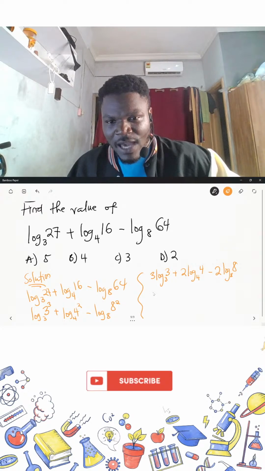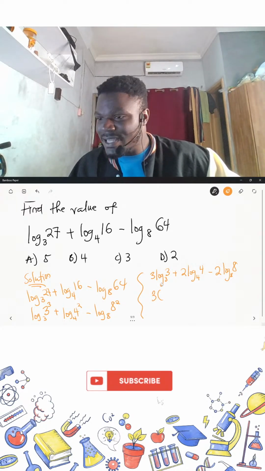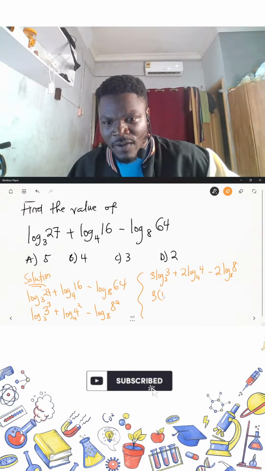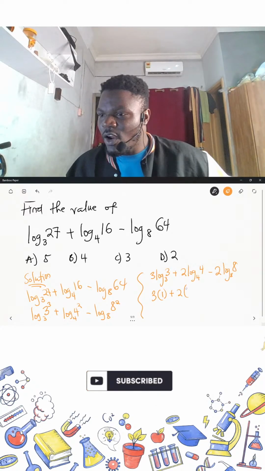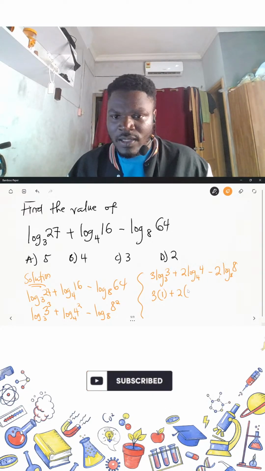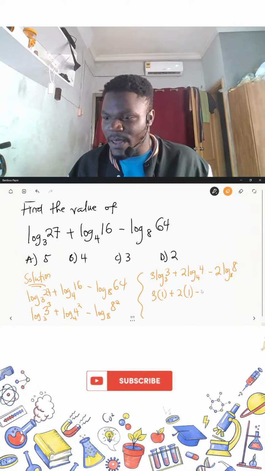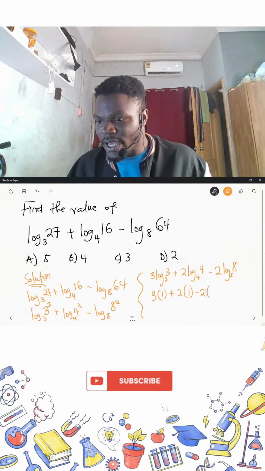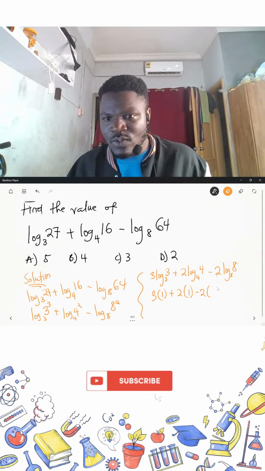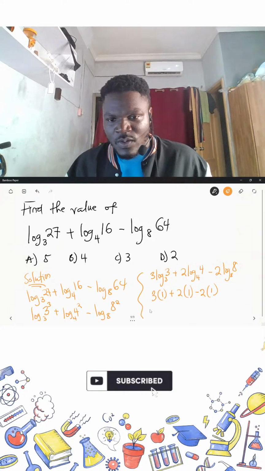So it means that here we'll have 3. Log base 3 of 3 will be 1. So we'll have 1 in bracket. Plus, then I have the 2 outside bracket here. Log base 4 of 4 will also be 1. So I have that 1 over here. Then minus 2 into bracket. Here log base 8 of 8 will also be 1. So therefore,